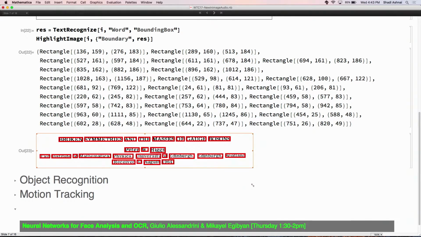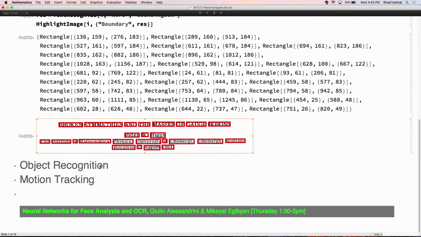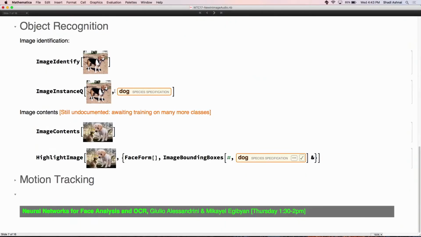What is going to be very major for OCR is the detection of the text. Again, we are working with neural networks to be able to detect the location of the text. Ultimately the goal is to make the recognition better, but the detection is obviously the first step, so all of that is going to be coming as well.